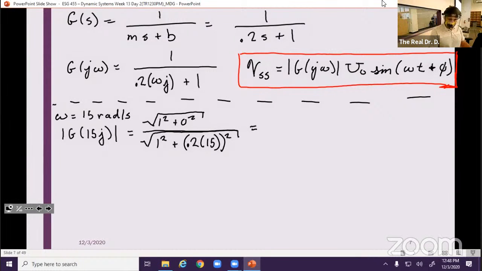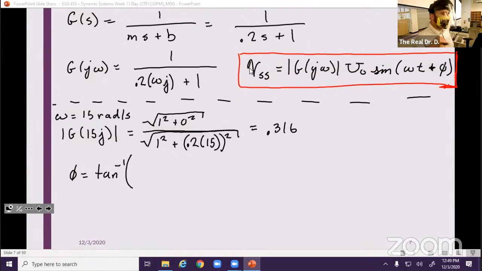What was that, Christian? 0.316. Nailed it. There it is. So that's our magnitude, 0.316. This is going to end up going into that first part of our equation. We're going to hold it for a second. Let's find the angle, phi. So I need to take the tan inverse of the top, which would be the imaginary divided by the real, which is 0 over 1,